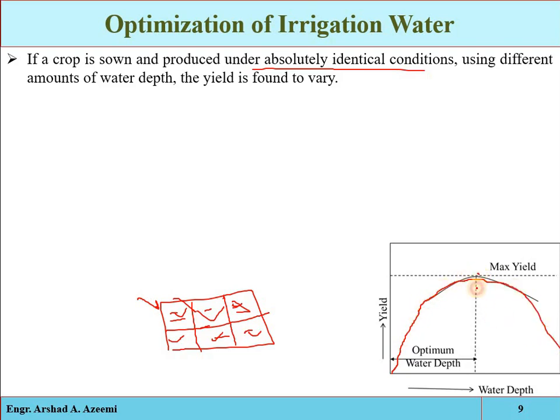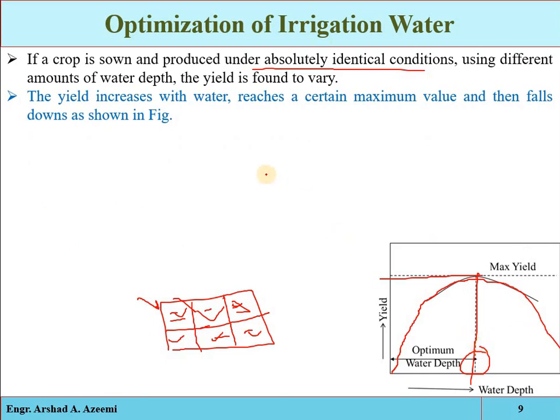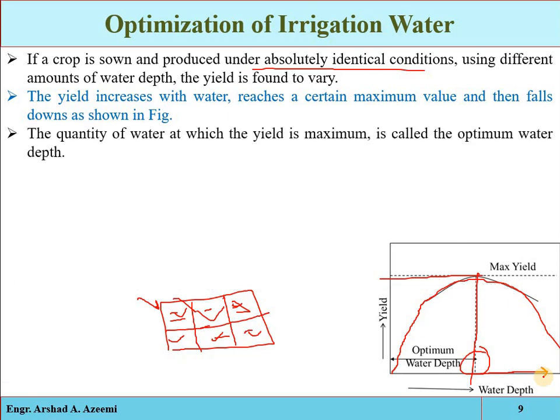Okay, so the amount of water at which you get the maximum yield is called the optimum moisture content. The yield increases with the water, reaches a certain maximum value and then falls down, because after this limit, if you are providing more moisture, then the pore spaces will be completely filled up with water and no aeration will occur. No oxygen will be available for the chemical processes, and the yield of the crops will be adversely affected. The quantity of water at which the yield is maximum is called the optimum